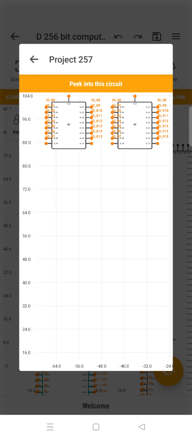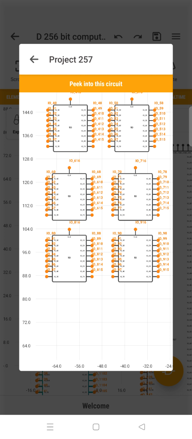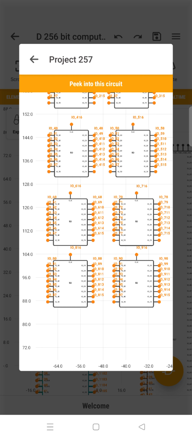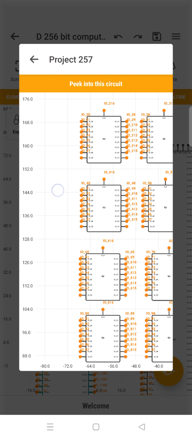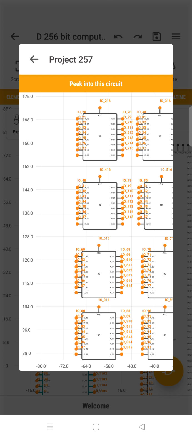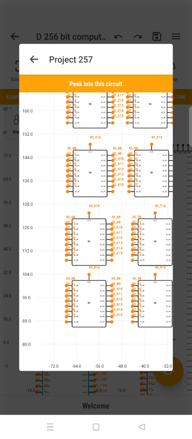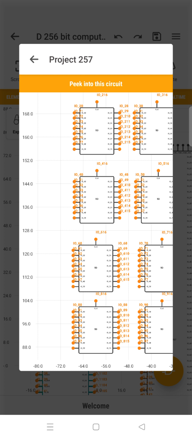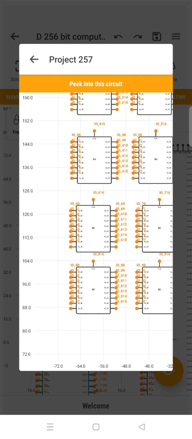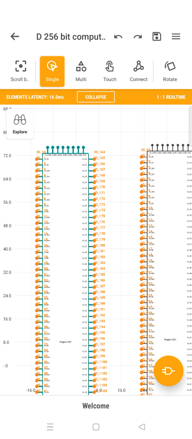Okay, now if you look inside, there are different kinds of elements: 8-bit elements, 16-bit elements, and things like that. So this is another set of computers inside another block of computers. There are about 8 computers here, linked together, and these 8 computers are put together to form a 128-bit computer. Two 128-bit computers are linked together to form what is called a 256-bit computer.